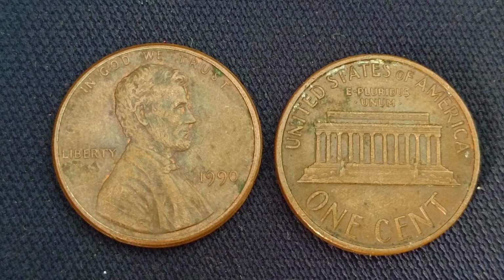And in 1990, several significant mistakes occurred, such as off-center strikes, where the coin was not aligned properly during the striking process, resulting in part of the design missing, and blank planchet space showing, double die errors where the design elements appear doubled, giving Lincoln's profile, lettering, or date a distorted and unmistakable appearance, broad strikes where the coin was struck without a collar, causing it to spread out wider than normal, clipped planchets where part of the coin's edge is missing due to an improperly cut blank, and transitional metal errors where the wrong metal composition was accidentally used due to leftover planchets from previous years. And each of these types of mistakes creates rarity, and rarity combined with condition is the foundation of value in